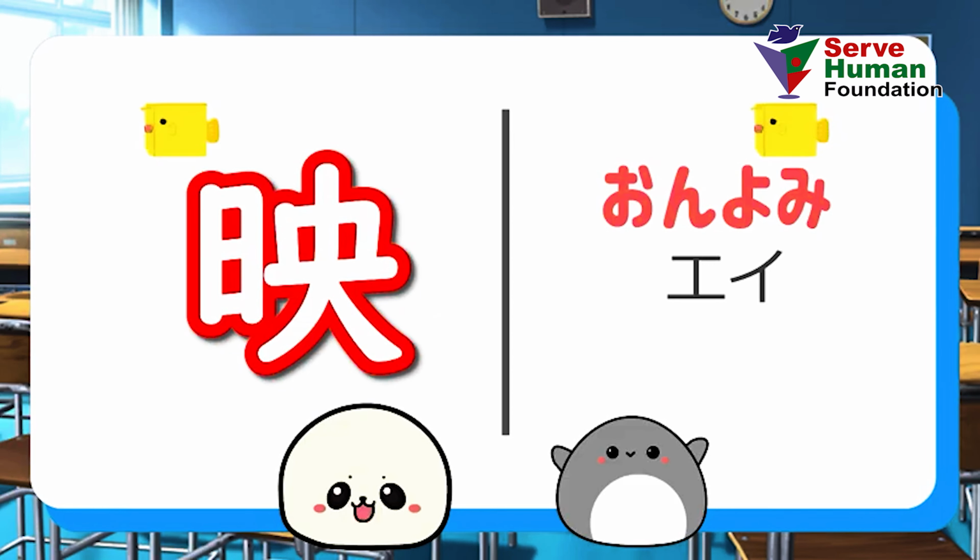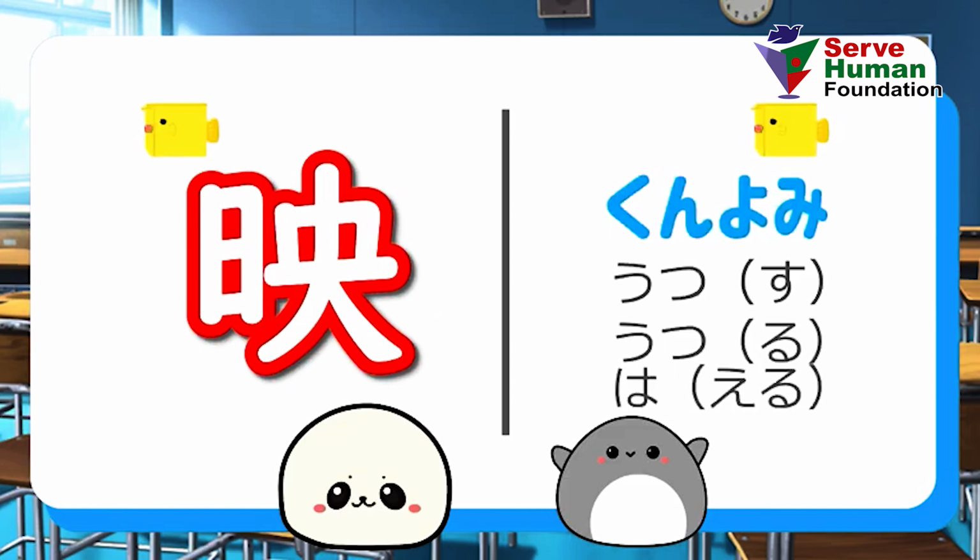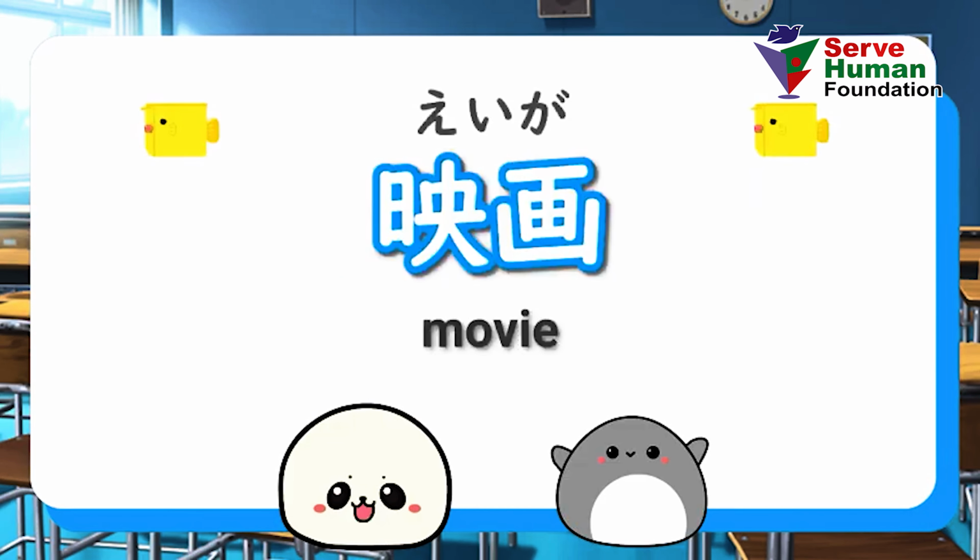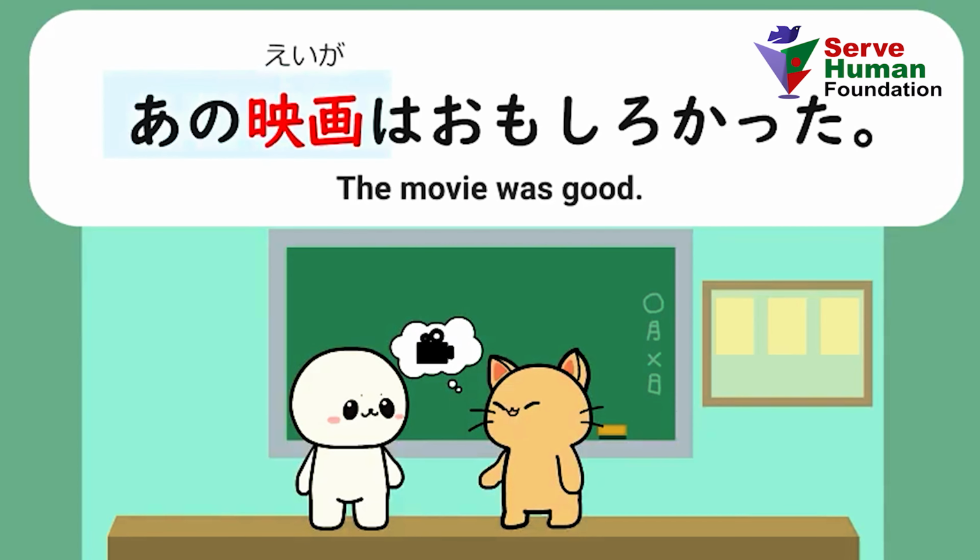And onyomi is A. Kunyomi is 映す、映る、映える. An example word is 映画. あの映画は面白かった。